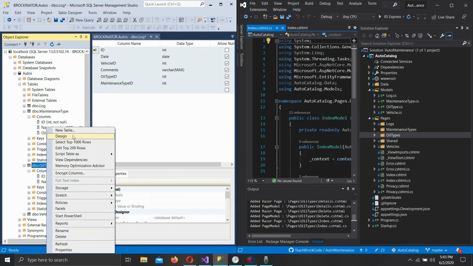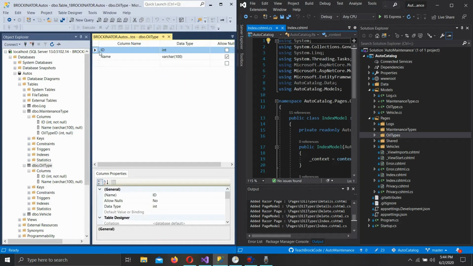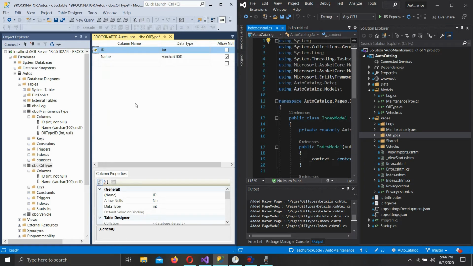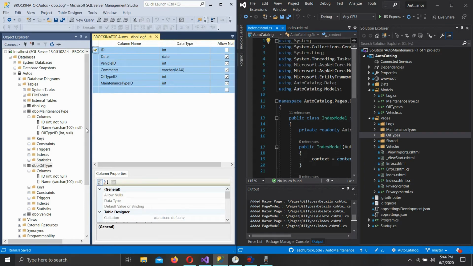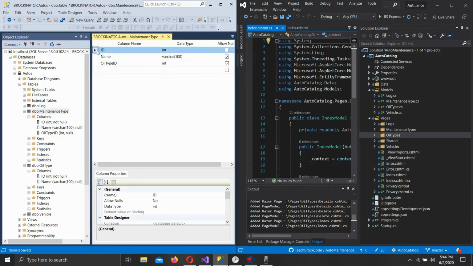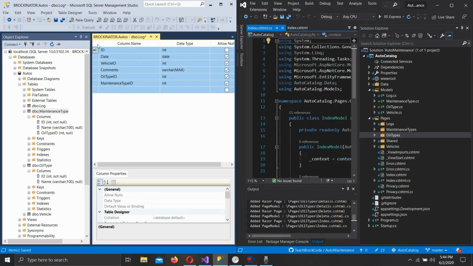Bring this up, go design on oil type ID, right click on that, set it as the primary key. Save that. And then go to maintenance type, design, ID, set primary key, and save. Okay, so